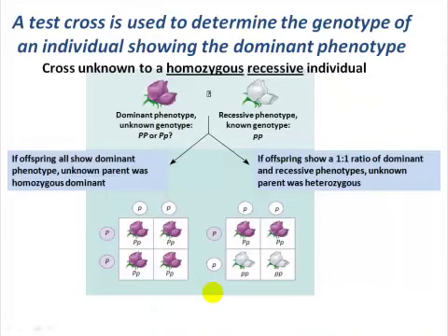And that would be a cross in which you take your unknown individual, your unknown organism that's showing the dominant phenotype, but you don't know what the genotype is. It could be homozygous dominant or heterozygous, and you cross that unknown plant against a known plant that has the recessive phenotype, which we know is associated with being homozygous recessive, right? So we know what the genetic contribution from this recessive plant is going to be. Every single one of the gametes produced by that plant is going to have the recessive white flower color allele.